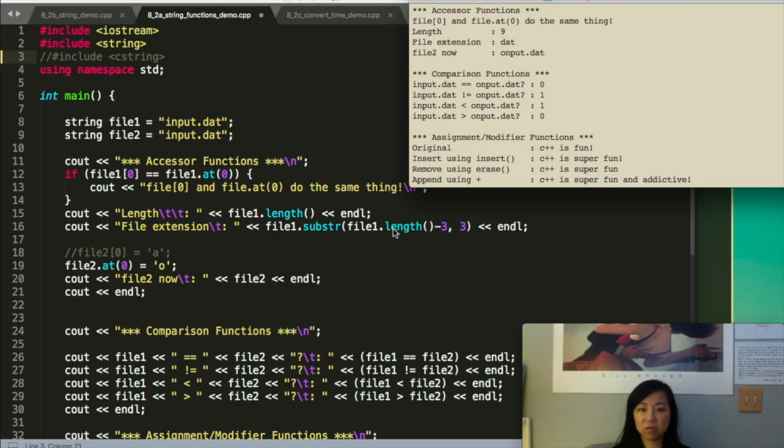So I know the start character is at number 6 basically, and then I get the next 3 characters. That's how substring works. And so you see file extension will be evaluated to DAT, and I can cout it directly